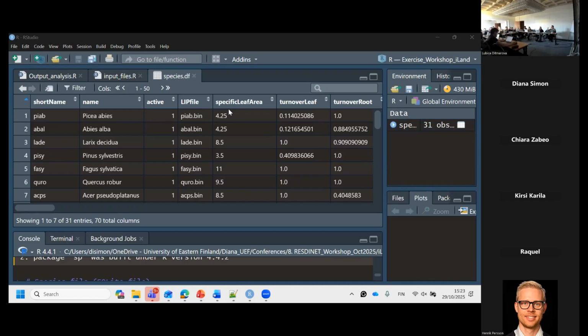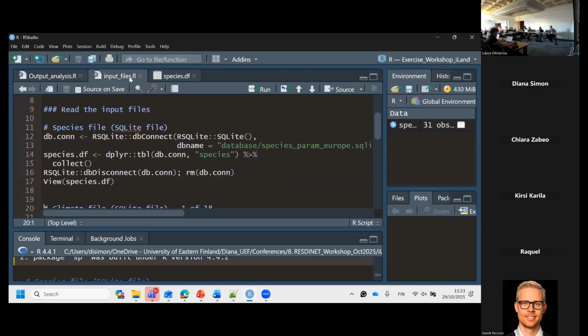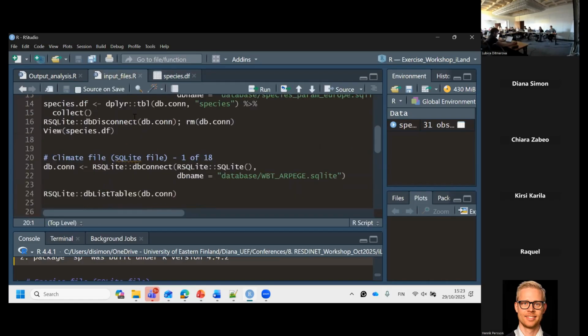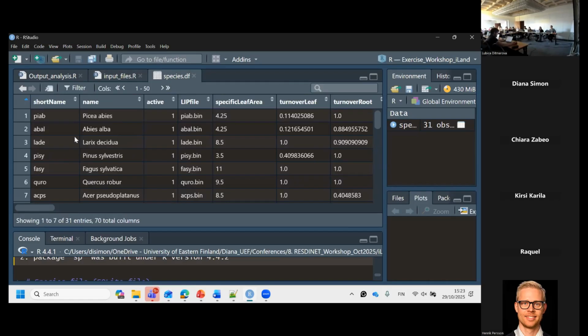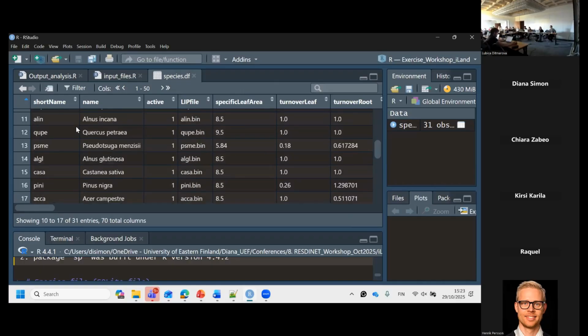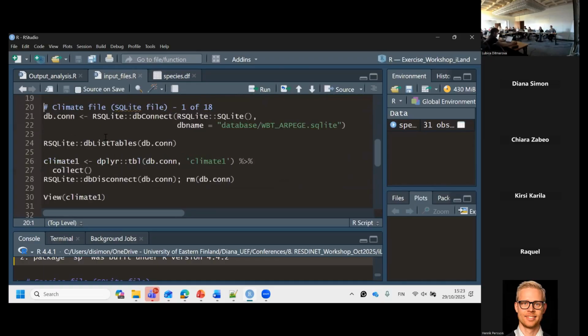They cannot be the same, but then you have all this information. So one line, one species in one stand. Yeah, exactly. Okay, that was the species file. Basically, you should only check if you have the species. That's important here. Then for the climate file,